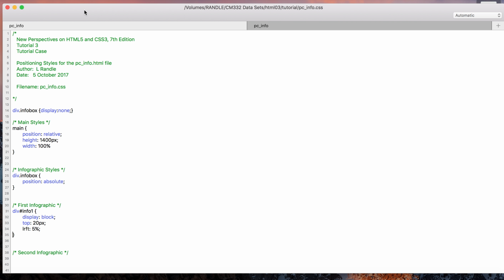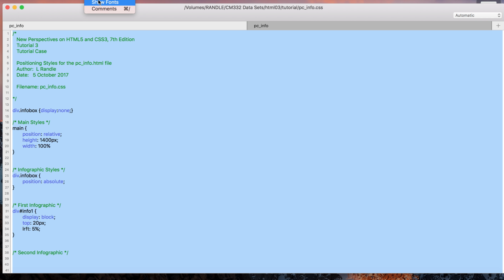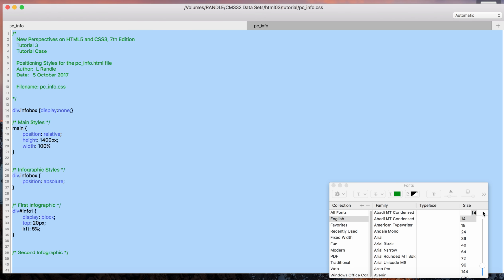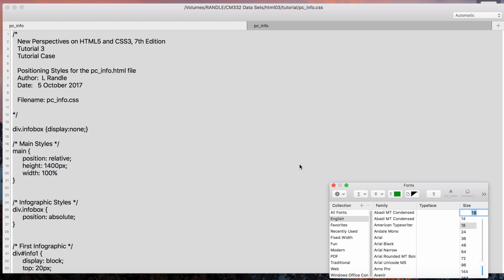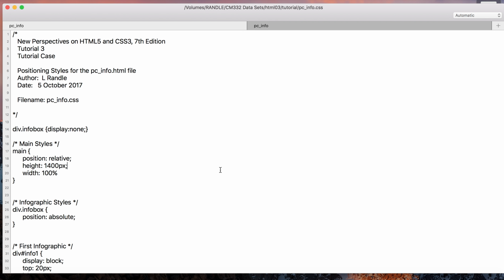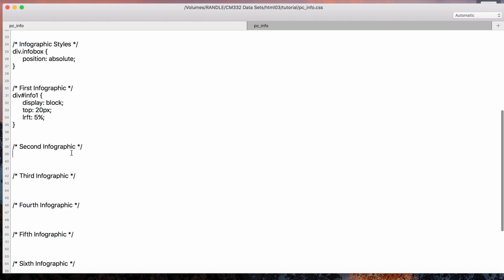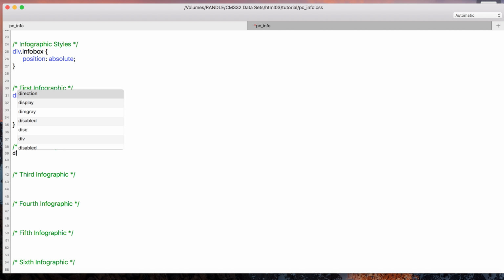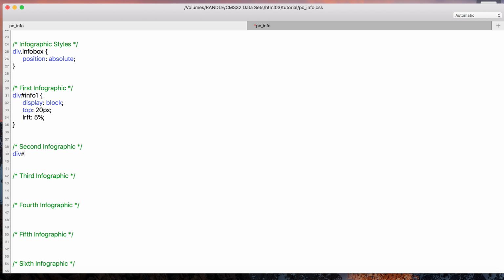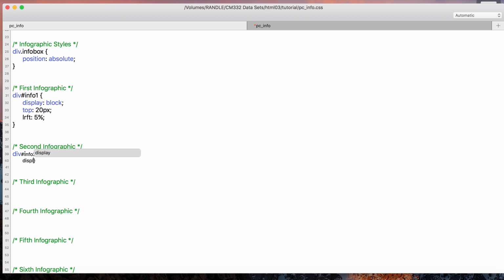Okay, so let's go to our pc_info.css file. Let me make this font a little larger for you all. And then we're going to add some style rules to the second box. And that is div #info2 { display: block;